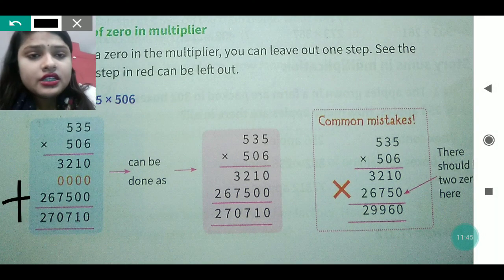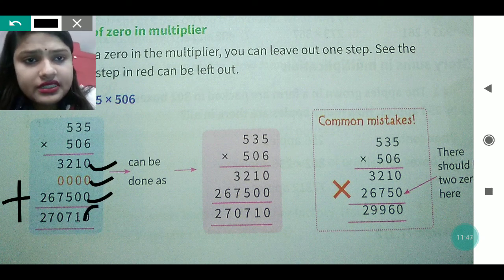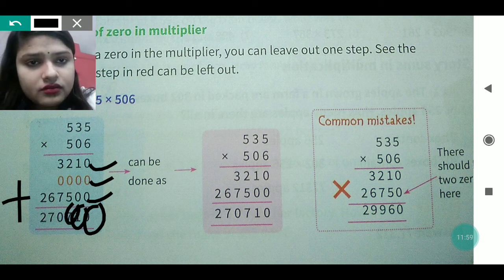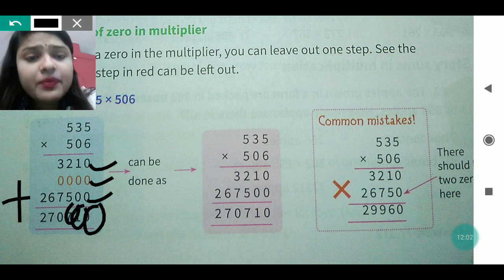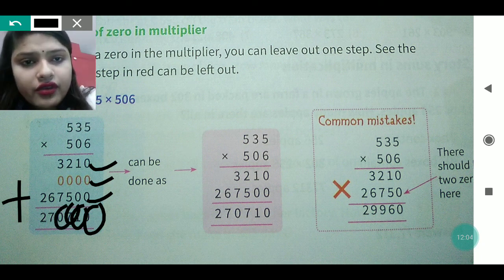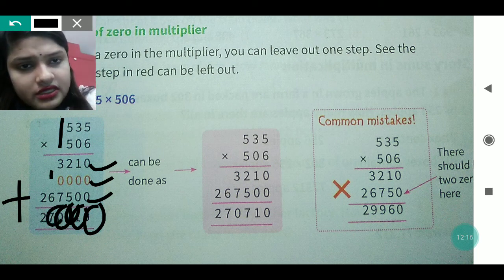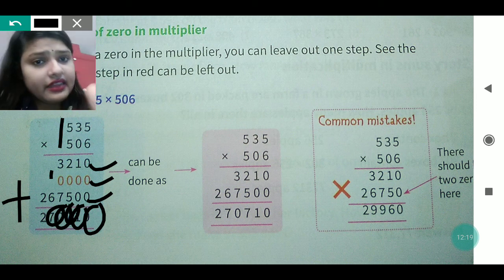Let's add it. Now 0 plus 0 plus 0 is 0. 1 plus 0 is 1. 5 plus 2 is 7. Now the next place, 7 plus 3 is 10. So 0 you will write down, 1 you will take as carry. Now 6 here, you will add the carry. 6 plus 1 is 7, because 1 was carry, and before 6 nothing is written. So 7, and then 2 plus nothing, then 2 only.